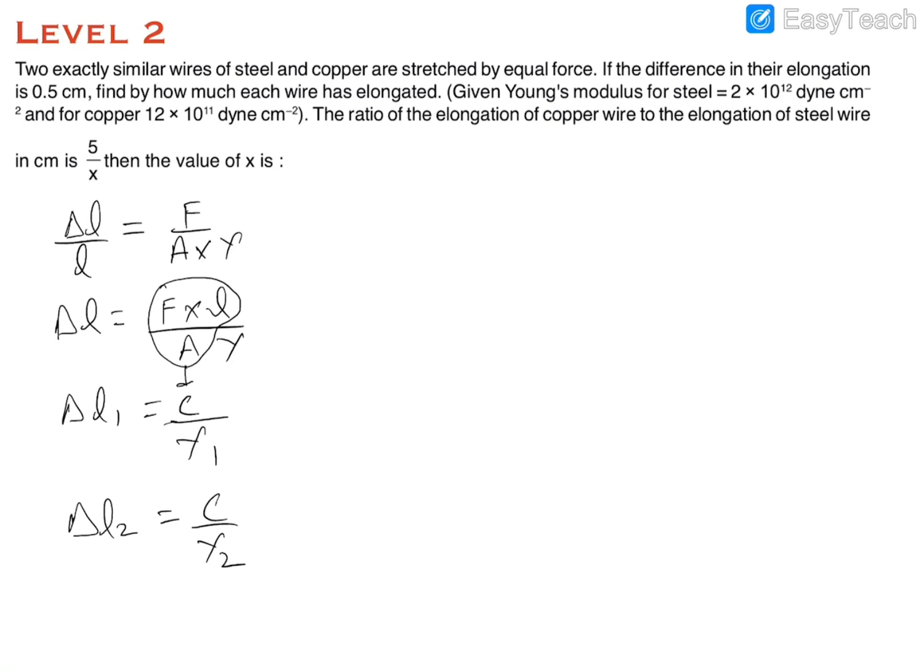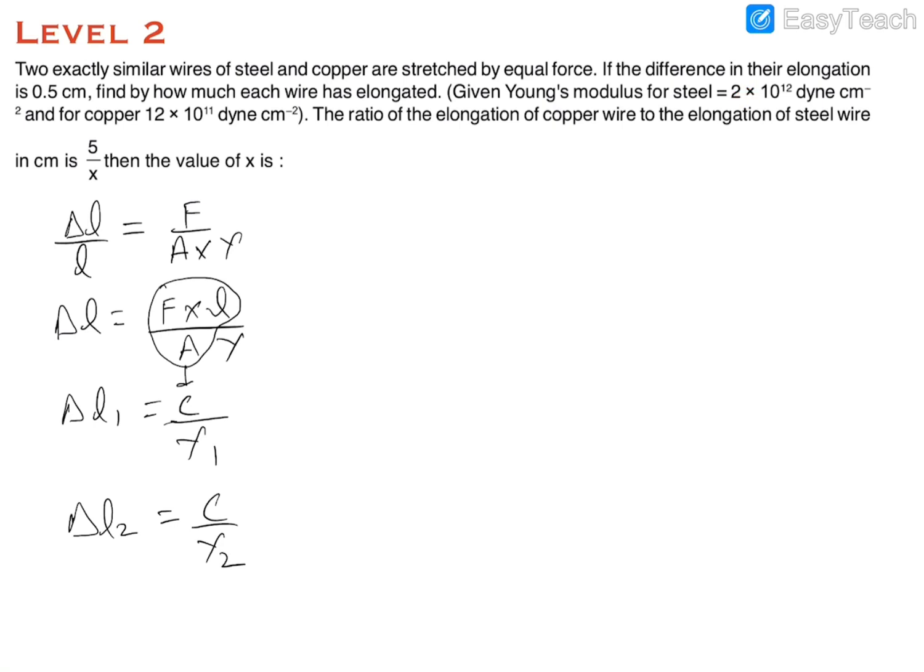Now we can easily see that this elongation is inversely proportional to the Young's modulus. So we can conclude that the wire which has greater Young's modulus will have lesser elongation. You can see that this wire has a Young's modulus of 1.2 into 10 raised to power 11, and this wire has